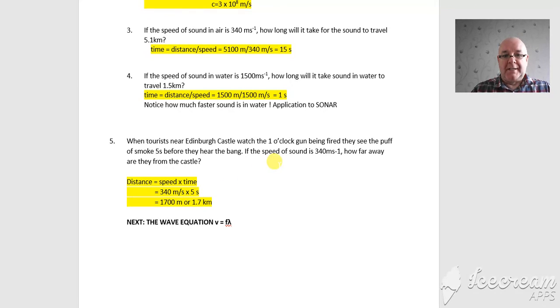The reason for that, of course, is that the speed of light is so much larger than the speed of sound that they see the gun going off instantly. So you can just say that's time 0. But then it takes sound, which travels very fast to us, but compared to light it doesn't. It then just begins its journey, and 5 seconds later it reaches their ears. So that's how that works.